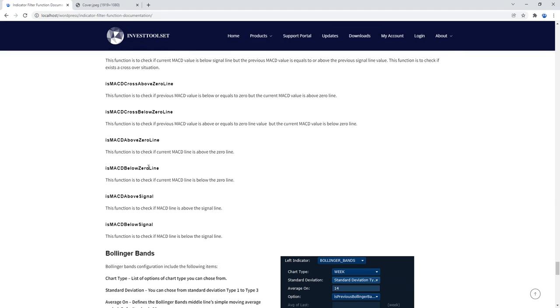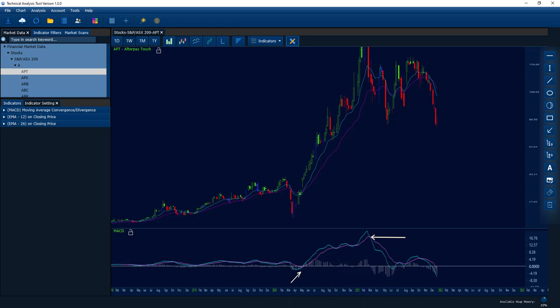Okay. Another function is a MACD cross above zero line, and this function checks if the previous MACD value is below or equal to 0, but the current MACD value is above the zero line. Okay, let's